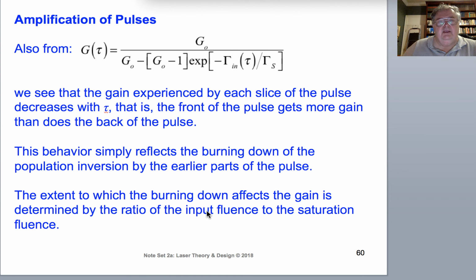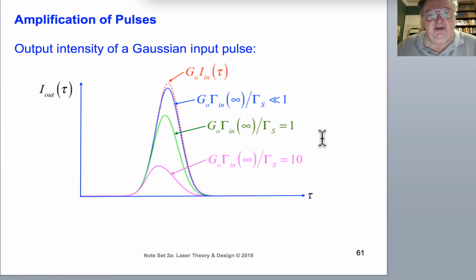We also see here, due to the nature of this decaying exponential, that the gain experienced decreases with tau. In other words, the front of the pulse gets more gain than does the back of the pulse. Again, that makes sense because the front of the pulse is the first one to start to burn down whatever inversion density is there, leaving very little, like a Pac-Man sort of thing, right? It's eating up the inversion density and not leaving anything for the trailing part of the pulse that comes behind it, and so forth. So here's, if I amplified a Gaussian pulse, for example, the dotted red curve here is the